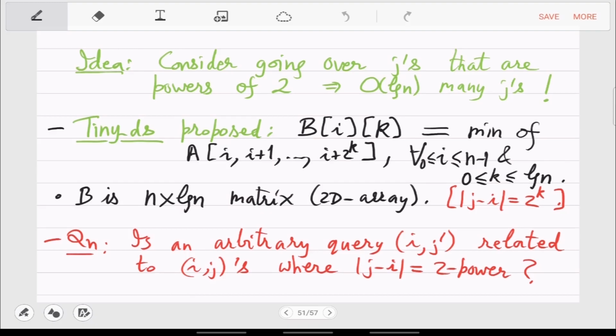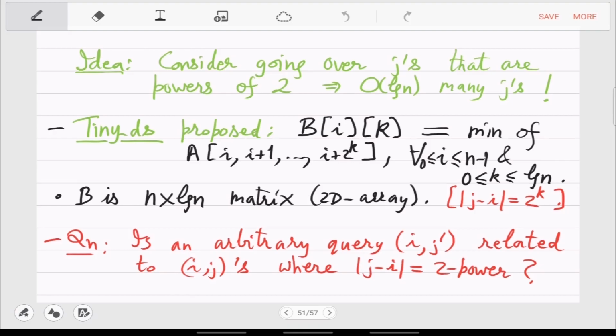I think the idea is still the same that we used in the Fibonacci numbers, in which we got to any arbitrary number using the sum of binary numbers. Right, but when you are given a j prime, it is somewhere in the middle.